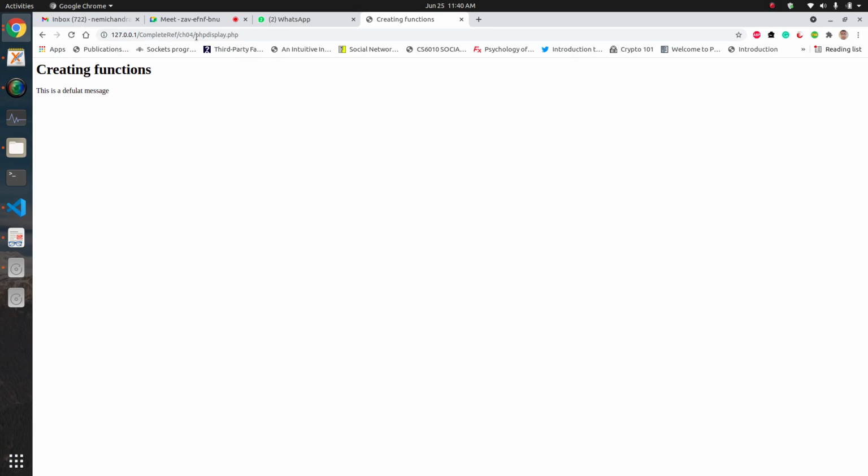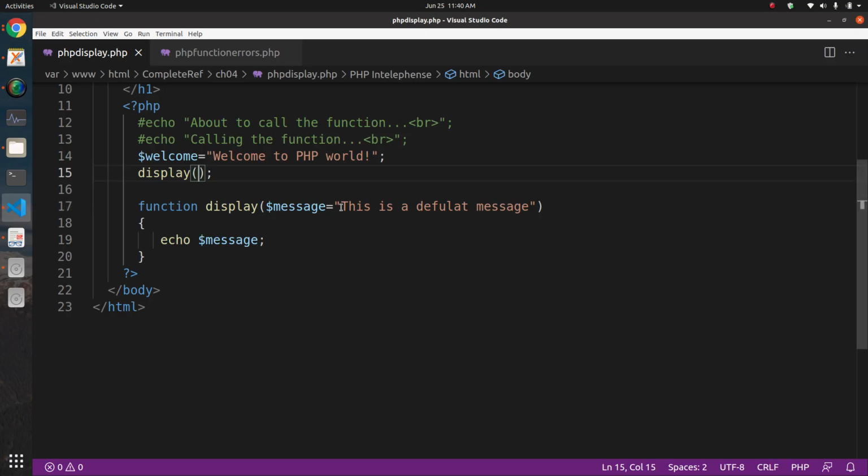So why is this happening? Because we have specified a default value for this variable. So now if you do not pass any value to this function, or you do not pass actually any parameter to this function, this will be taken as a parameter. So this is the default value.